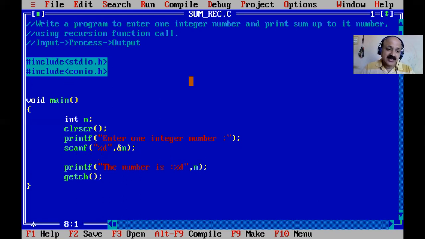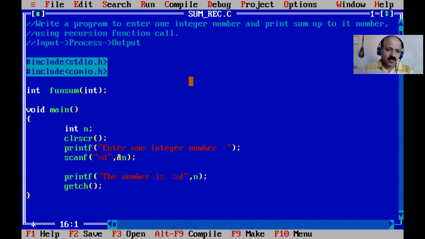Now we define a user defined function, and that is a recursion. Before main we declare our UDF, and we call it sum, with an argument and a return data type. Inside main we call that UDF: sum, passing just the n variable.